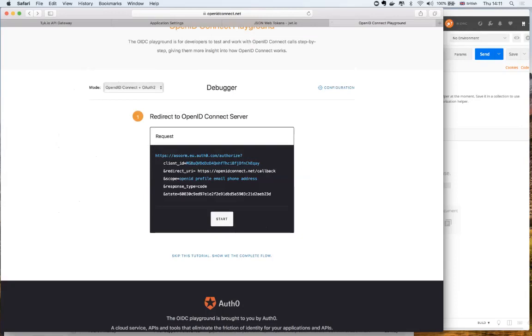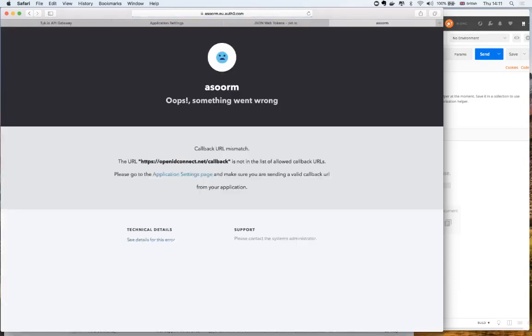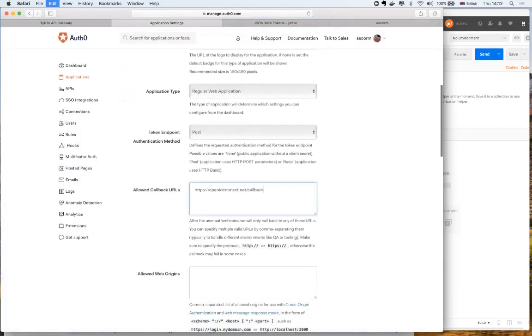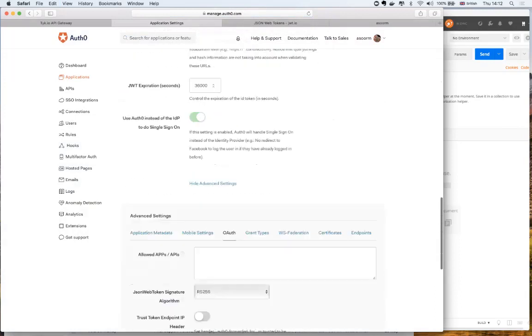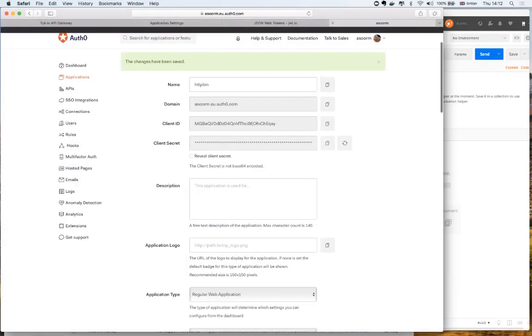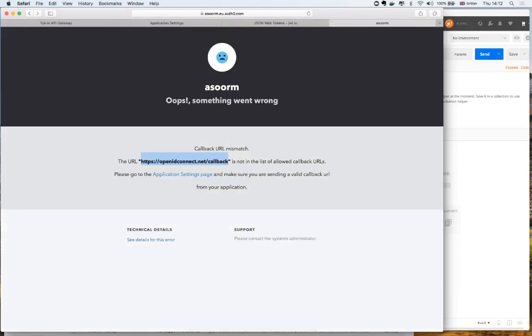So if I hit start, the problem is that the URL OpenID Connect callback is not in the list of allowed callback URLs. So if I copy that URL and go back here and add this as an allowed callback URL, then I should be able to save those changes. Head back here, press the back button,